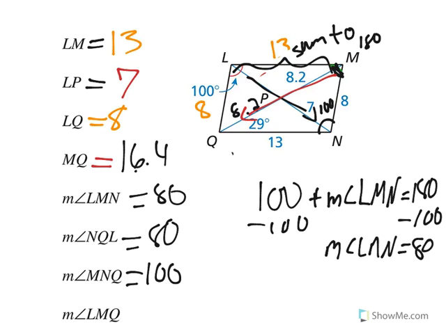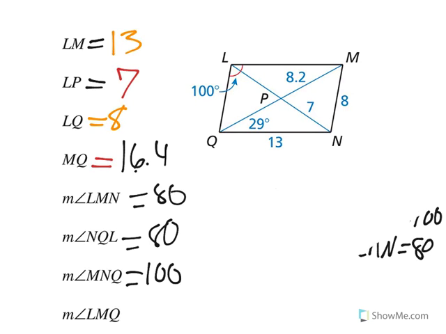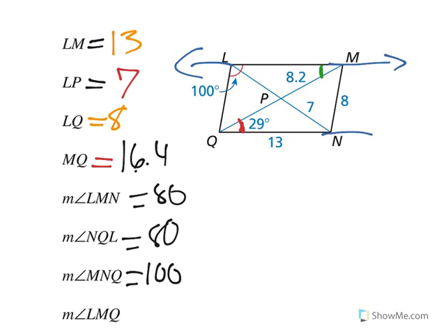And then in this last one, they ask us for LMQ. I'm going to go ahead and erase everything because we don't really need anything else in this diagram for that. When we look at LMQ, it is the angle just on this side, up here. Now, we don't have any theorems in this current chapter that told me how to find that. But if you notice, on this other side down here, we have 29 degrees as MQN. So if you think about our parallel lines, if we extended LM going on, they're parallel to each other, and we extended QN, and we looked at MQ as a transversal,